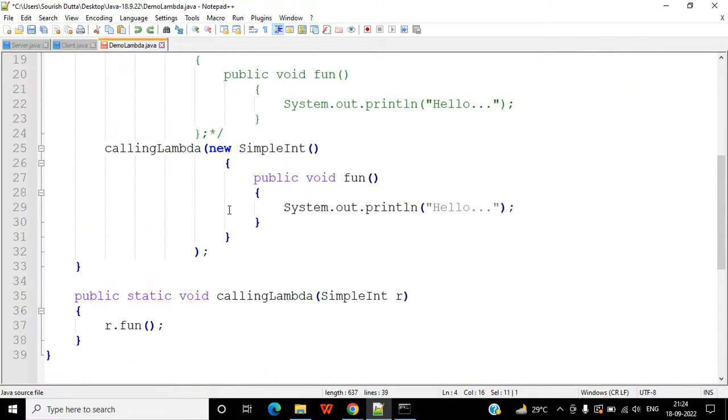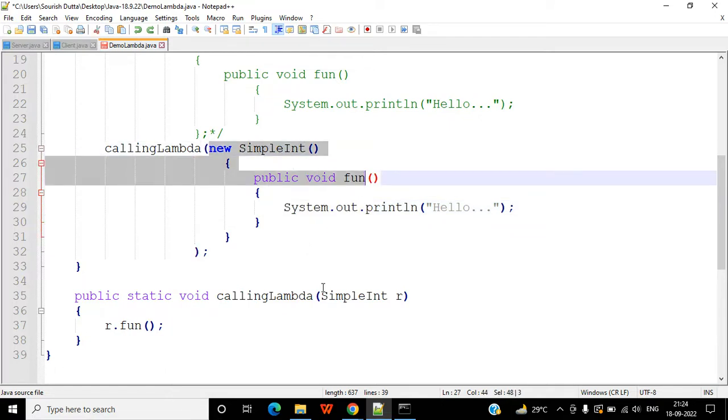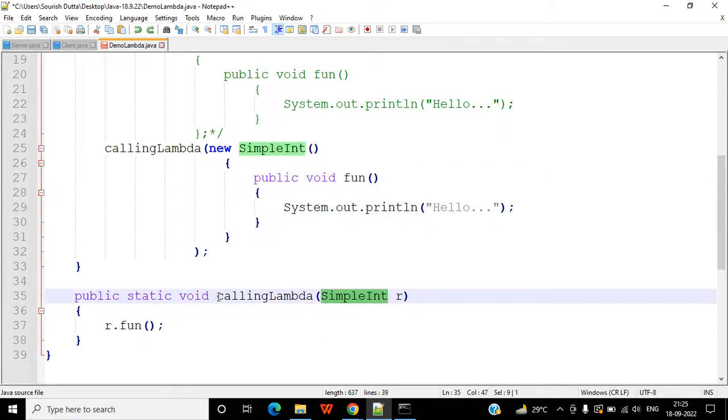So we are interested in passing the object to call this method only. So from here up to here is not required at all. Why? Because the Java compiler already comes to know from this calling